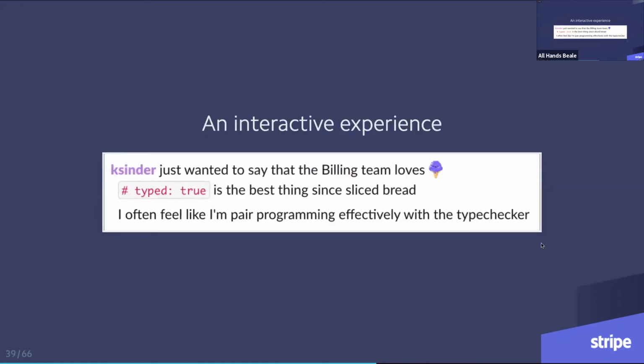Similarly, a lot of people say that they use the typechecker as a pair programming buddy, where the typechecker will be giving them feedback as they're writing code. Their code is yet to be written. The code still doesn't parse, but the typechecker is already able to see, you know, you didn't cover a case here, or you're calling a method that doesn't exist. This is super helpful because unlike tests, which need your code to parse, having this feedback very early as you're writing code